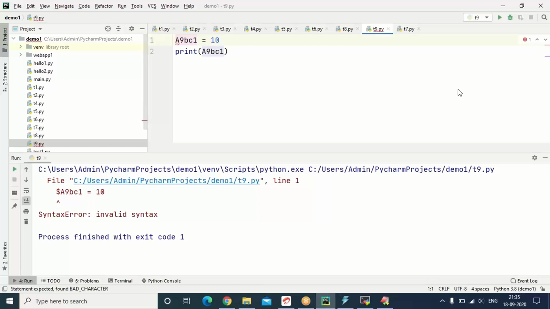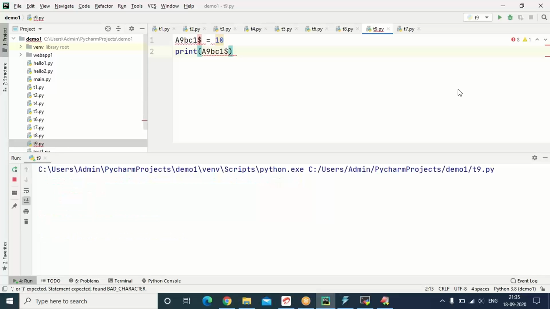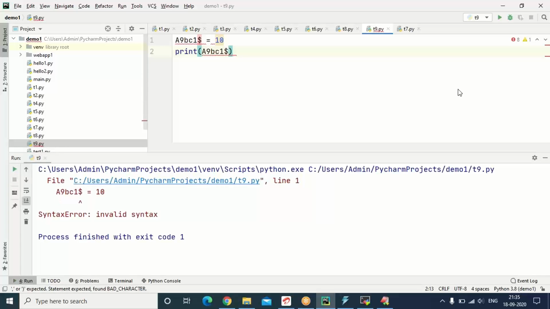Let us cross check once again. Dollar in the last location. Try running. Nowhere is dollar allowed. In Java, two special characters are allowed in the identifier: one is underscore, the second is dollar.